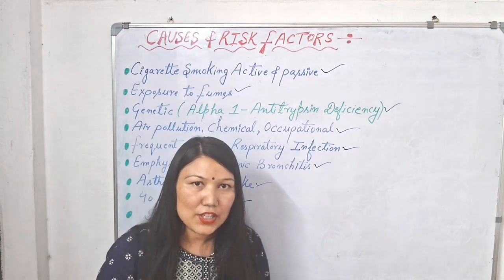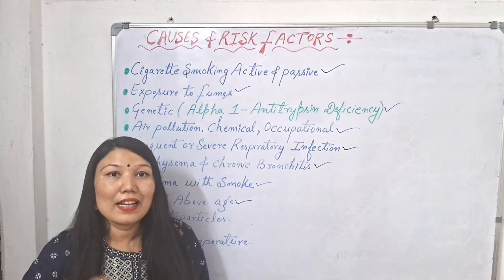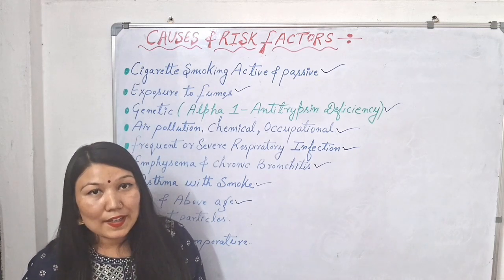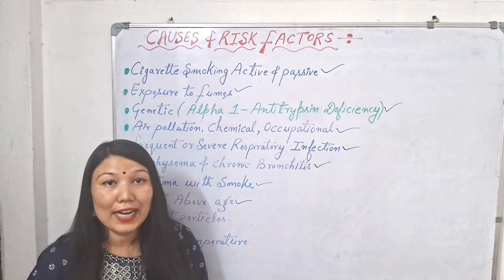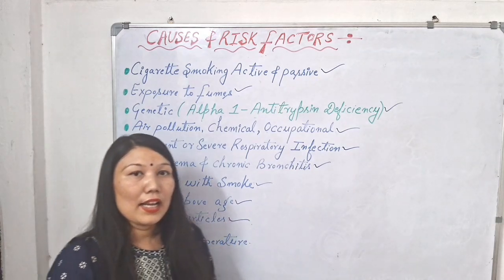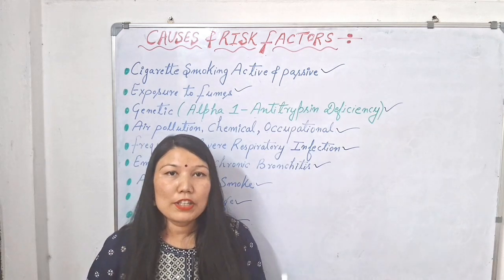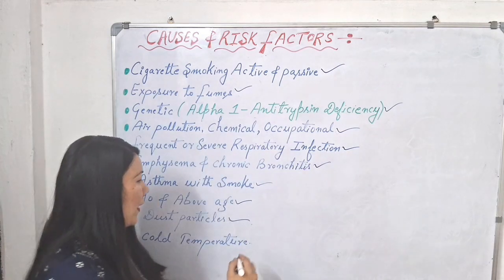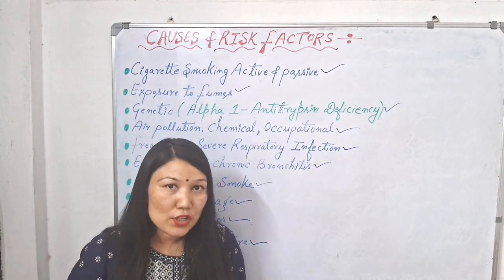Next we have above 40 years of age. Obviously after the age of 40, our internal organs or our respiratory system will decline slowly, and it will function slowly. So in older age, our respiratory tract does not function in a proper way, and we can have chances to get the COPD condition. Next we have dust particles. The dust particles in our surrounding, like sand or dust particles or pollen grain particles, which can block or obstruct our respiratory tract. Next we have cold temperature. People who have long-term exposure to a cold region or cold temperature.